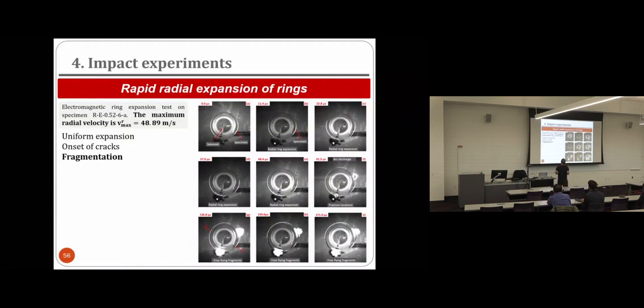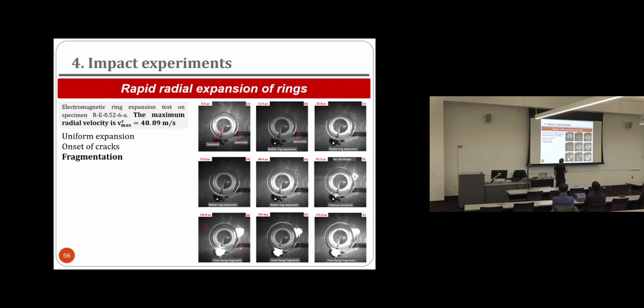So we performed the experiments, and what I'm showing here is a number of pictures of a given test. Okay, so basically in the electromagnetic loading, what we have is that we are inducing a current through the ring. Okay, and this creates these repulsive forces with the solenoid. Okay, and then the ring expands at very high velocity. So this is the specimen, this is the ring, this is T0, and then here you can see that the ring is expanding,